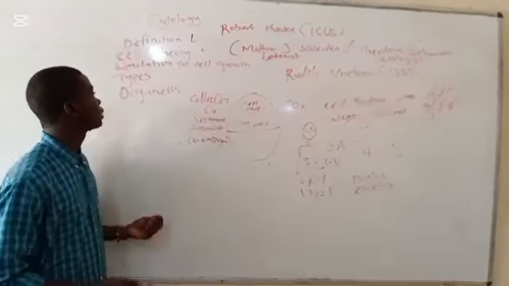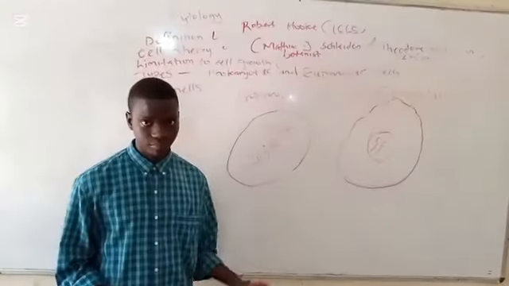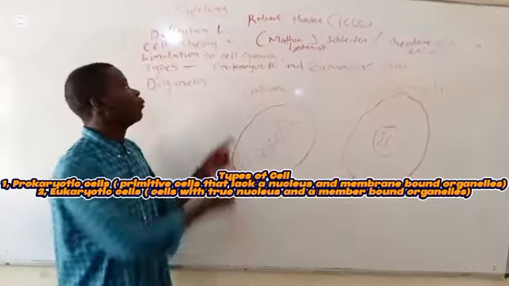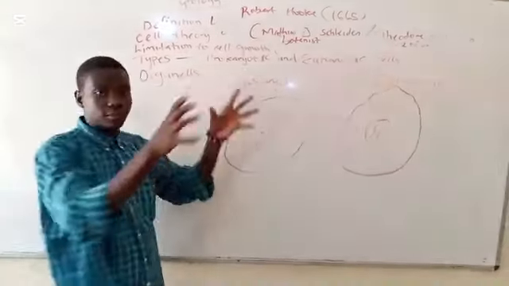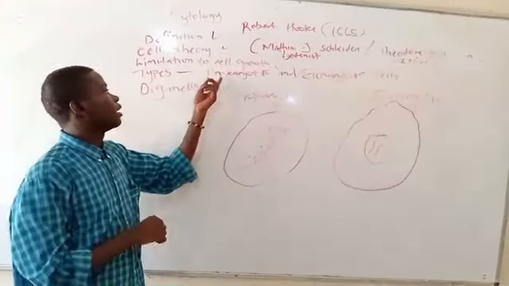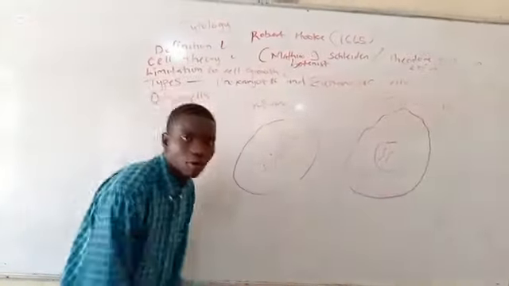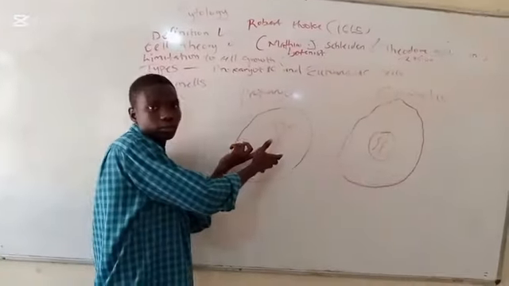Now the next thing I would like us to look at is types of cells. There are basically two types of cells, which are prokaryotic cells and eukaryotic cells. First of all, I would like to define the terminology. Pro simply means before, or referring to primitive. Karyote refers to nucleus. So there are cells that evolved before there was a nucleus. In other words, there are cells that lack a nucleus.